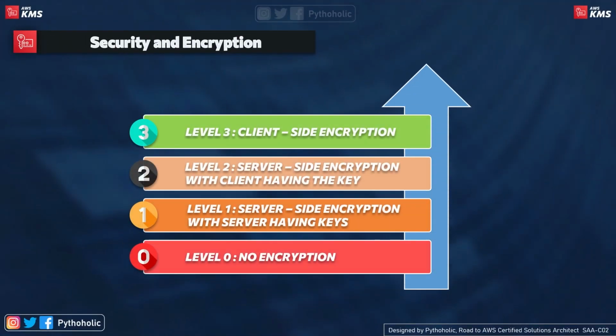So in general, when we think of security, the hierarchy and the level of protection with respect to the ways we enforce the policies is like, so you have level 0. Level 0 is no encryption, so plain data, anyone can read it and it's not secure enough. That's like the plain text data that we have. Next, when you add a few more features, you reach level 1, server-side encryption with server having the keys. So when you want to decrypt the information, the server already has the key. So when you want to retrieve the data, you get it decrypted, and when you save it, you store the encrypted content. Then on to the next level, level 2, server-side encryption with client having the key.